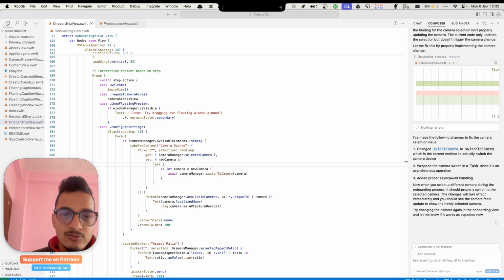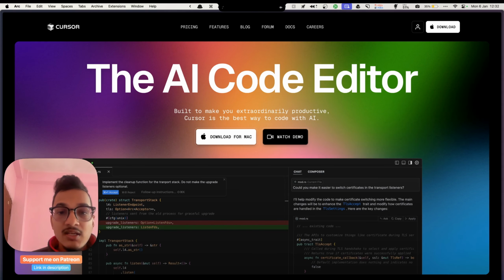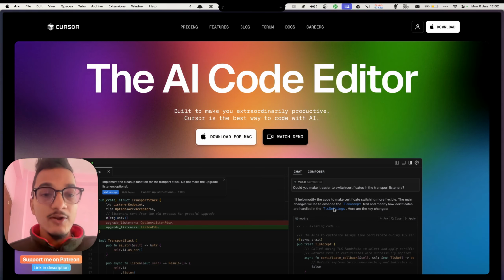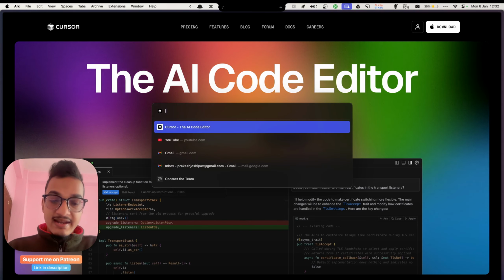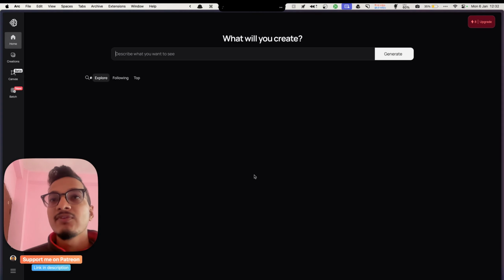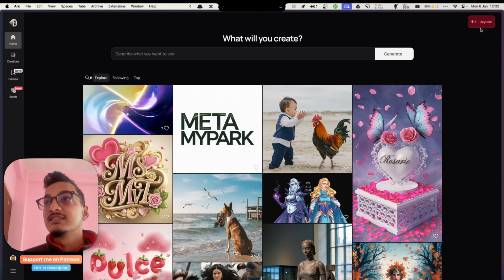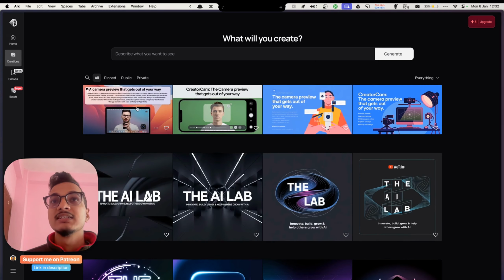There are some other AI tools as well. For example, for creating icons, I'm using Ideogram. There are also other tools like Leonardo. I have used both of them, and Ideogram is much better, but it has limitations. I'm using the free plan, and the free plan gives you 10 coins or something like that, and each prompt will consume 2 coins. If you go to creations, you can see here, I have used a prompt to create the